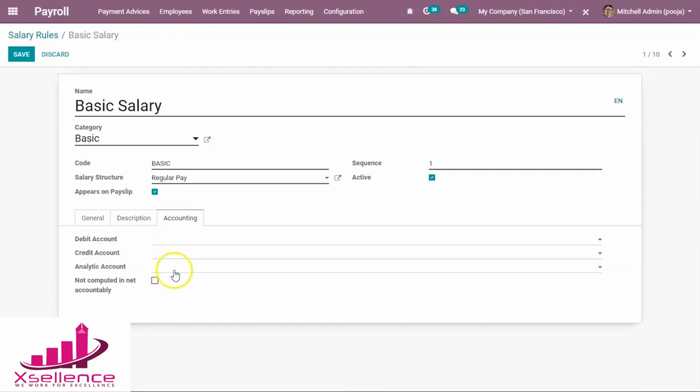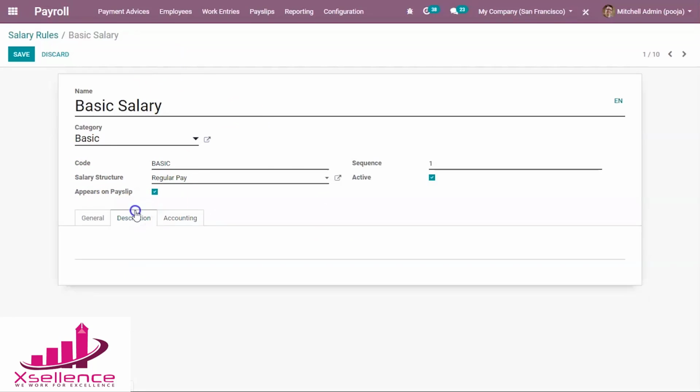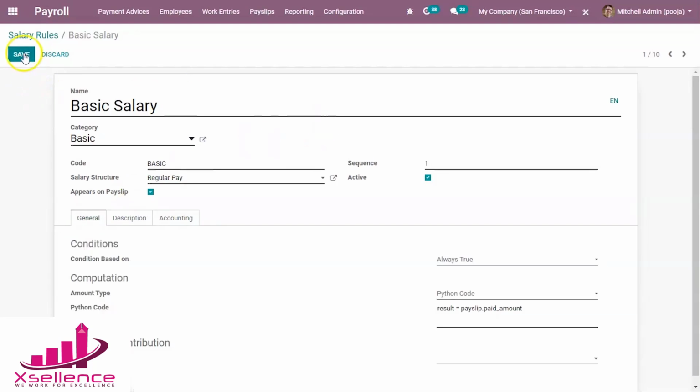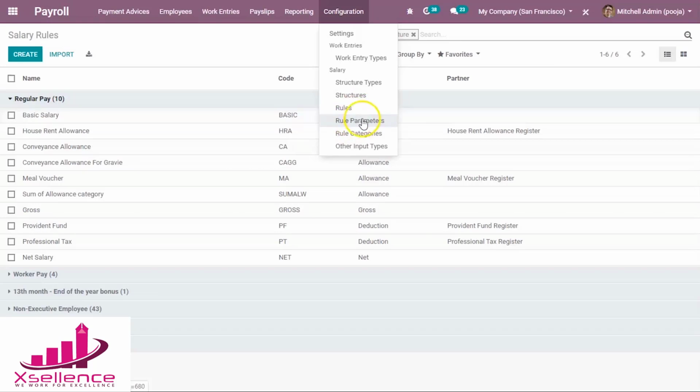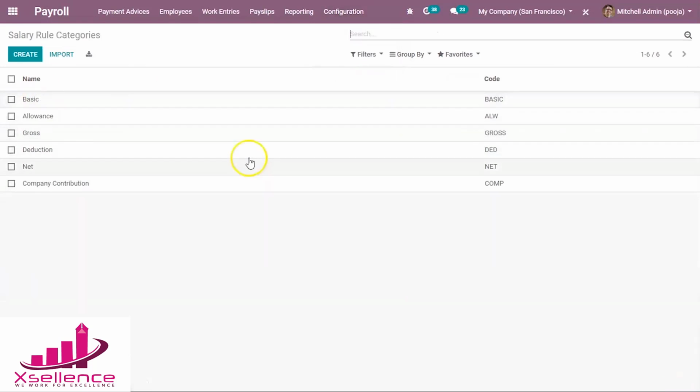Then some description and some accounting information, debit, credit account, analytical account, then not computed in net accountability, you can also give that. Then you can save this rule. So that is about salary rule. Then you can see some rule categories.